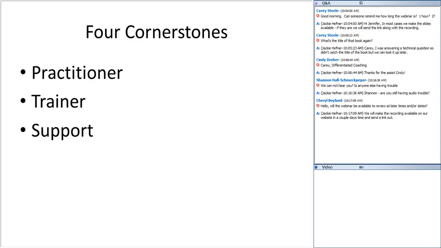The third group is support. So these people may not necessarily be the trainers. These are the people that will aid practitioners in troubleshooting any problems that arise when you go to implement. And then the fourth cornerstone is accountability. These are the people making sure that the practitioners, the trainer, and the support people are all doing what they're supposed to be doing. And all 4 of those have to be present. And in fact, when we've seen initiatives fail, it's pretty easy to identify which one or more are missing.